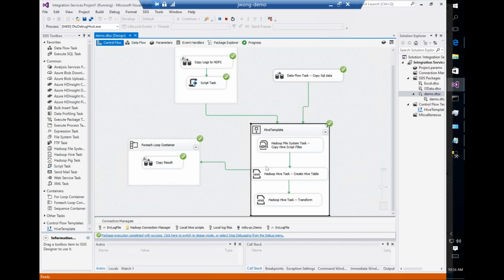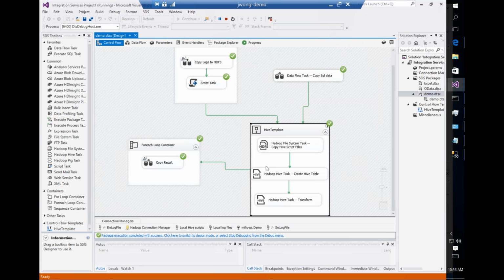Maybe I can put all these Hive scripts in different subfolders, right? Maybe I can create a folder, and then a subfolder, say, package A Hive script. Another subfolder called package B Hive script, and within this folder, I can put Hive scripts specifically for different packages. Now in that case, that infrastructure can allow me to generically build a template that can take